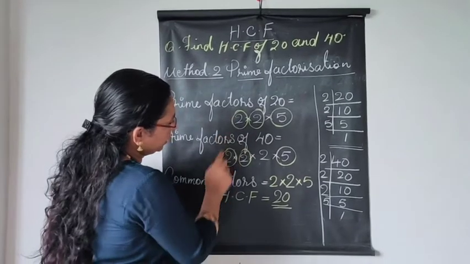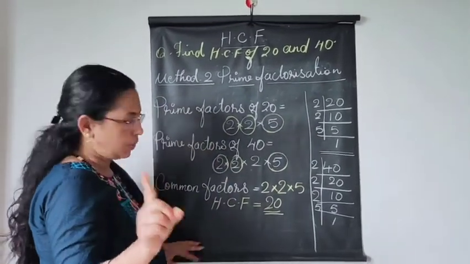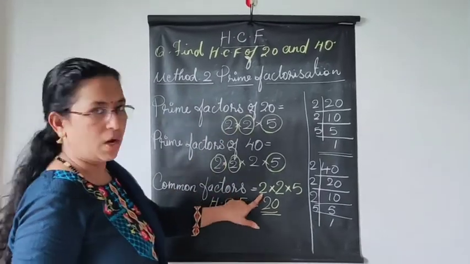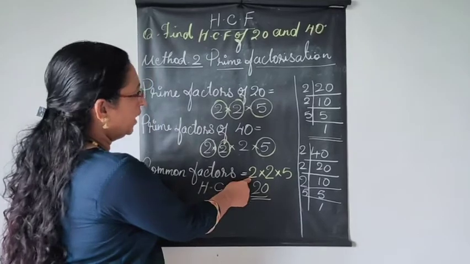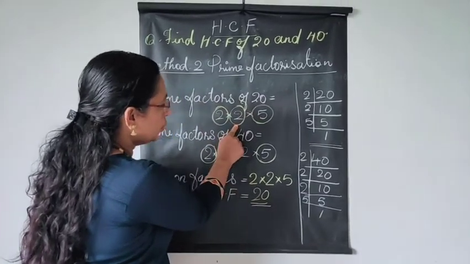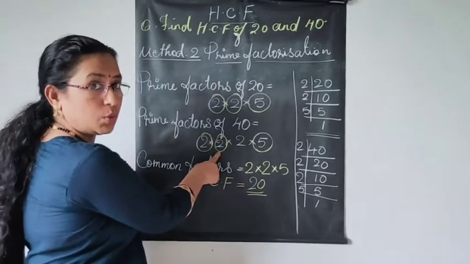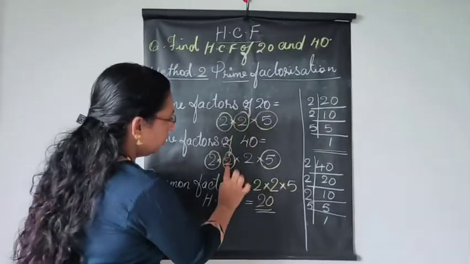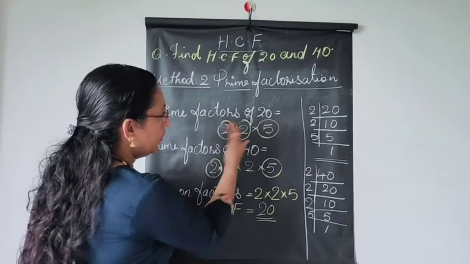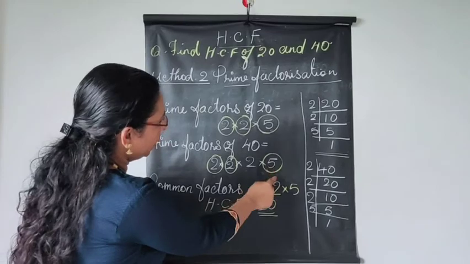2 is repeating in 40 also. Yes, 2. 2 and 2, we have to take only one 2 down. Don't take both 2s down. Only one 2. Circle it out and then take one 2. Again, go to the next number 2. One more 2 is here, and take it out again. 40 also has another 2. Yes, one more 2 is repeating. So take one 2 down. Now next, 5. 5 is repeating here. Yes, 5 is common in 20 and 40.